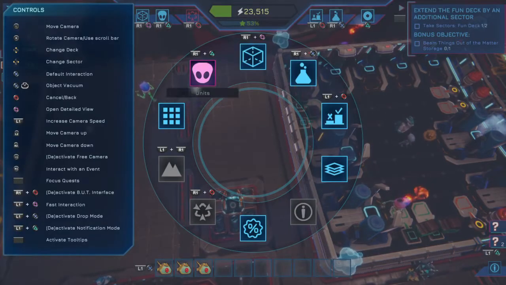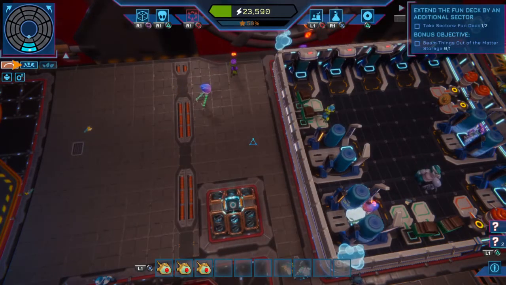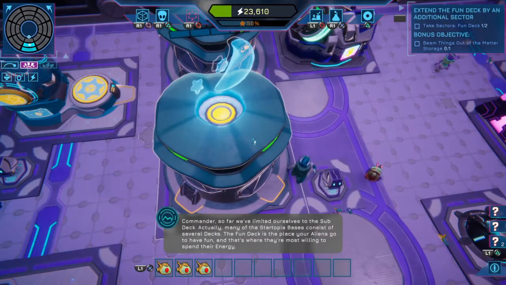Triangle. Wait, do I have to press up or down to get to the fun deck? Oh, okay. So far you didn't say how to...